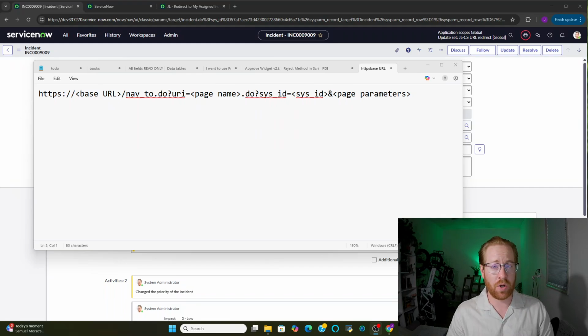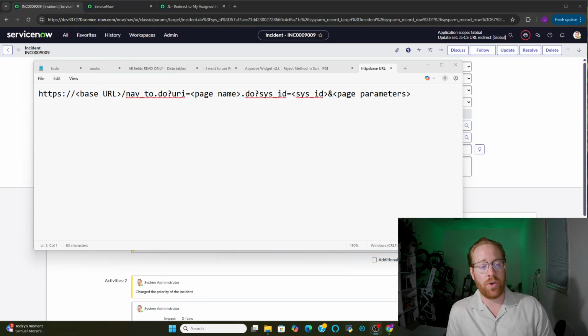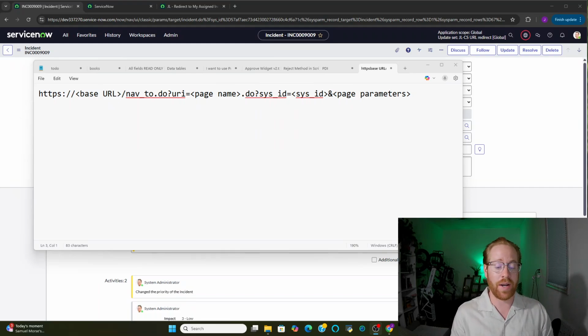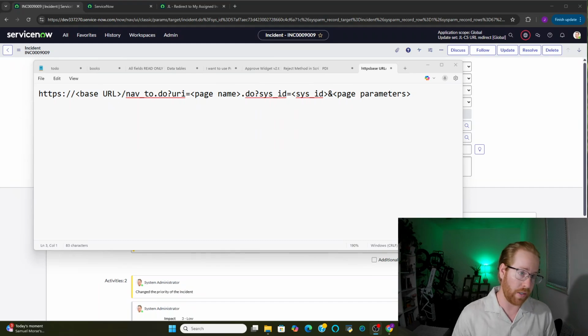All right, chat. Today I'm talking about URLs in ServiceNow. To start, let's define exactly what we're looking at in the URL. So on the screen, I have it written out. We start with our HTTPS colon